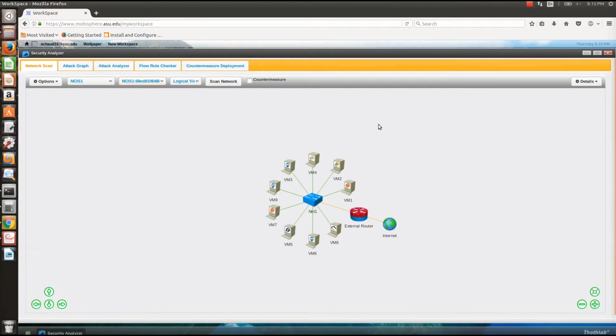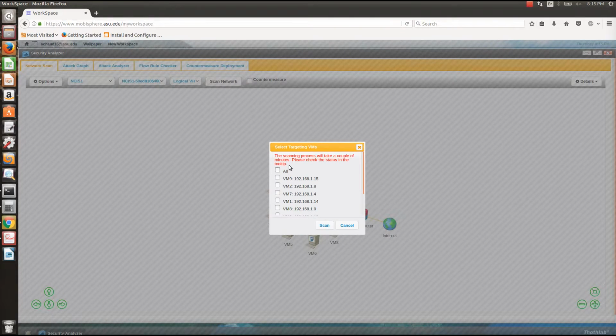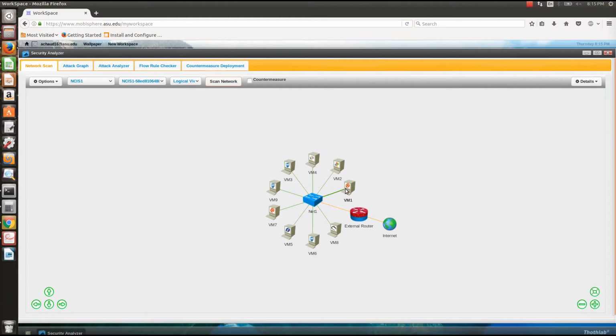So in this section we want to discuss the security analysis and vulnerability detection component of our system. We have a cloud network with a lot of virtual machines, and if I perform vulnerability scanning for this cloud network, what I can see is that some of the systems have vulnerabilities. The red ones indicate the service port has a vulnerability.